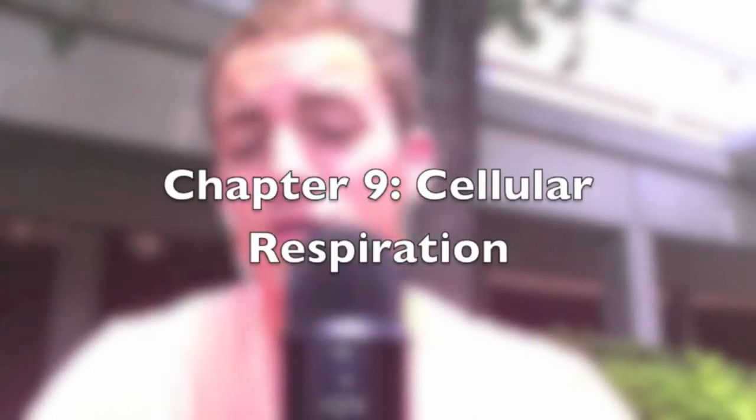Welcome to Chapter 9, Cellular Respiration. One type of catabolic process, fermentation, leads to the partial degradation of sugars in the absence of oxygen. A more efficient and widespread catabolic process, cellular respiration, uses oxygen as a reactant to complete the breakdown of a variety of organic molecules. In eukaryotic cells, mitochondria are the site of most of the processes of cellular respiration, making it the powerhouse of the cell.